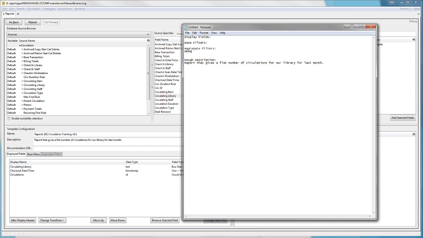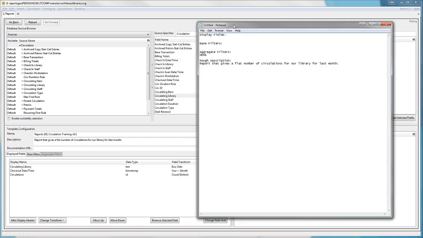Thankfully, that one's real simple. There are no aggregate filters, so we're done there. But there are 3 display fields and 2 base filters for us to fill in. So first things first, we're going to go through and detail where we got all of these